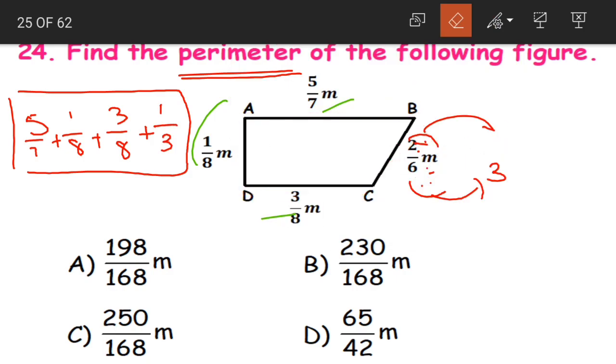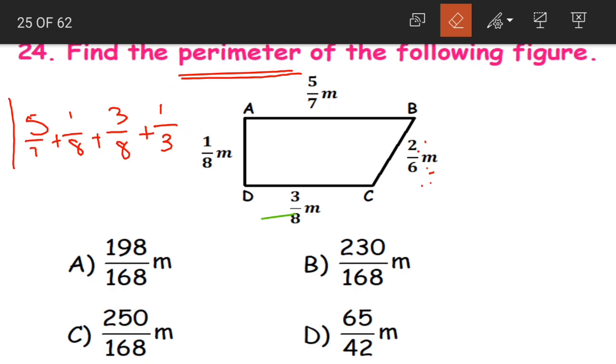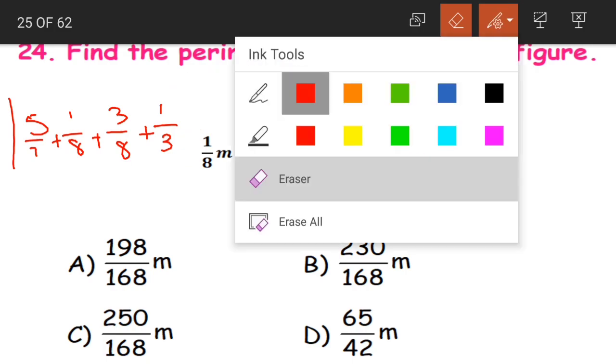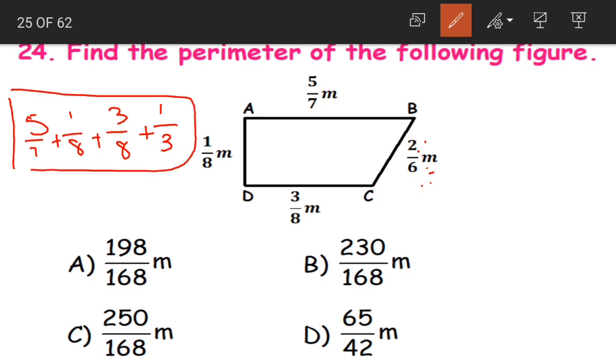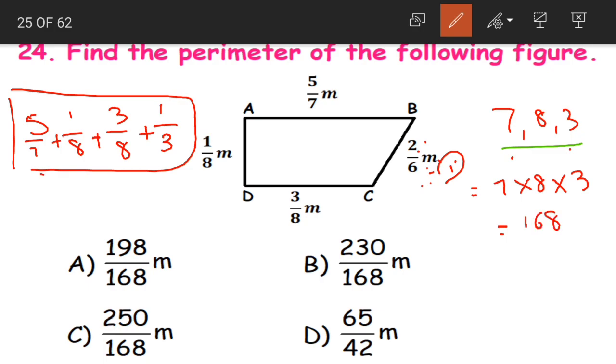Okay, now these are our 4 fractions. When we add these 4 fractions together, we will need the LCM. Now again, these are unlike fractions. So first we need to find out their LCM. What are the denominators? 7, 8 and 3. Now these 3 numbers do not have any common factors other than 1. So their LCM becomes 7 into 8 into 3. When we have such numbers which do not share any common factors other than 1, their LCM becomes a product, children. 7 into 8 into 3 is nothing but 168.